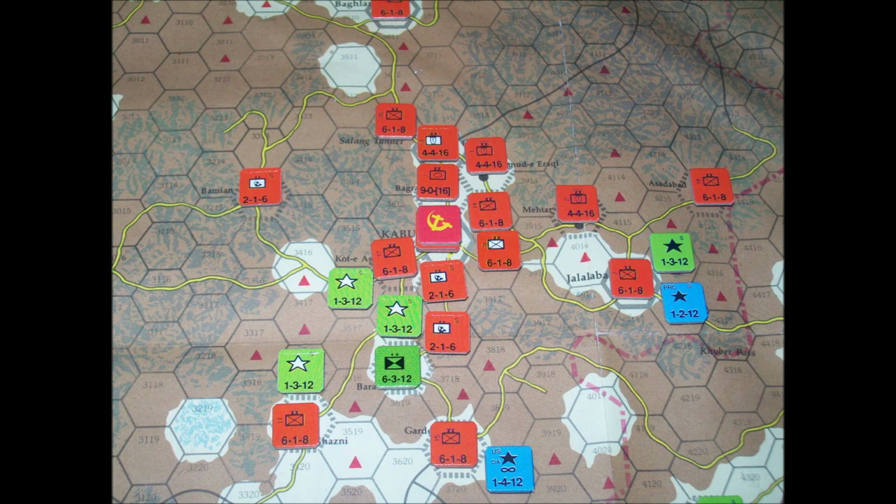So the Afghani resistance cadre attempts a subversion attack against the government forces in Jalalabad, and I used an agitation and propaganda chit. As a result, the Afghani 7th Infantry Division defected, so a resistance mobile group is created to occupy the city there.